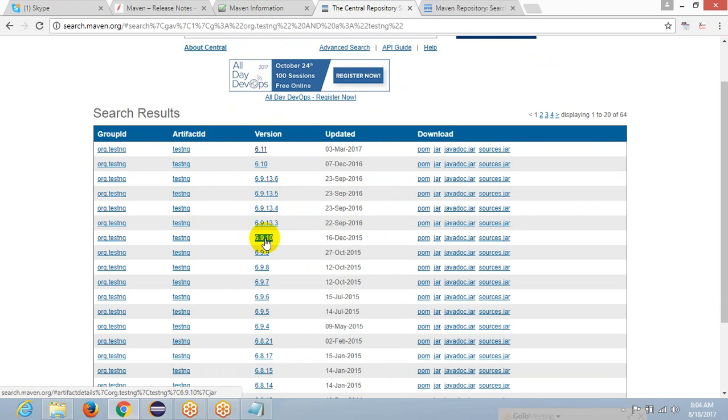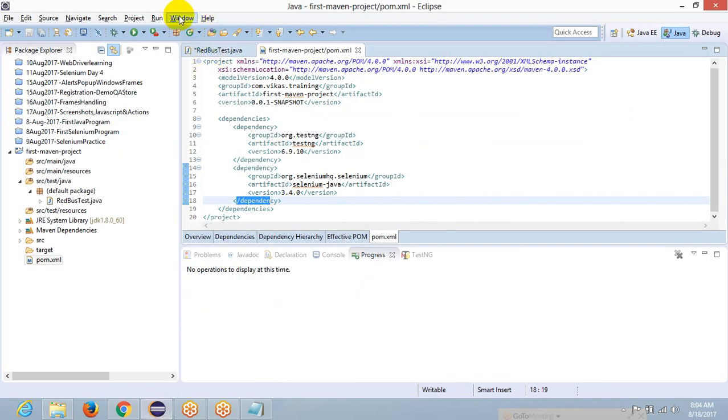because I'm not using Eclipse Oxygen. If you are using Eclipse Oxygen, you can go with the latest version, but it is always better to stick with some version and check the stability of the latest version and then only use it. So I'm using 6.9.10, which is sufficient, though it is an older release, still it is helping me with all the features that I need. If you want to try, you can go with 6.11 also, but make sure that the testng plugin with your Eclipse must be 6.11. Okay,